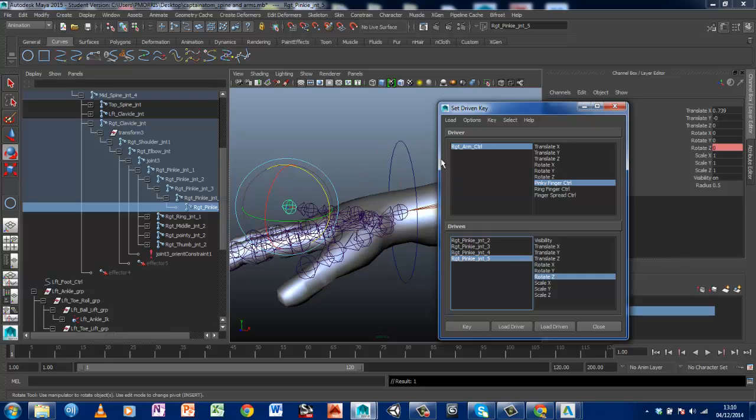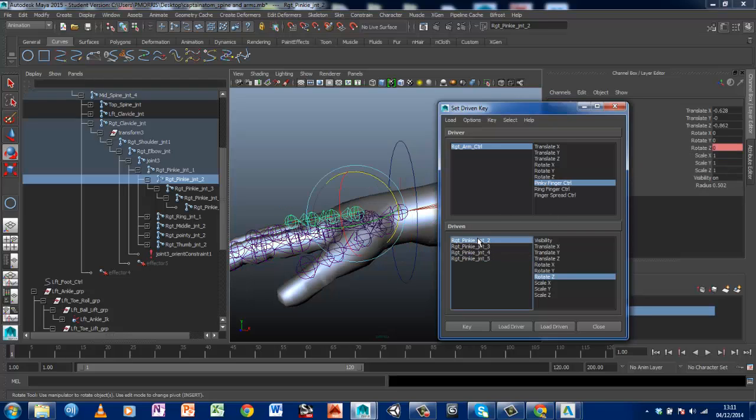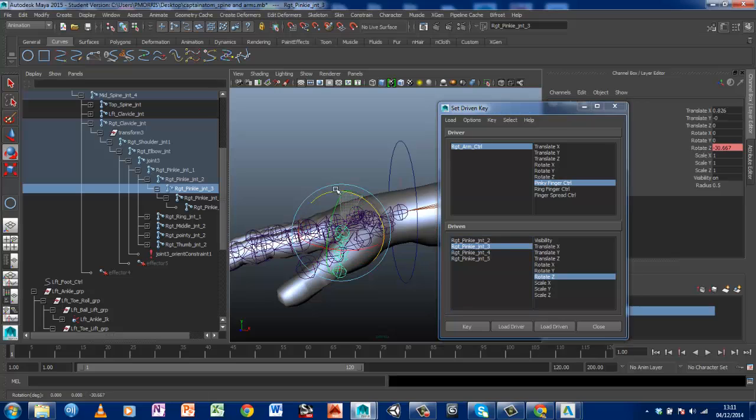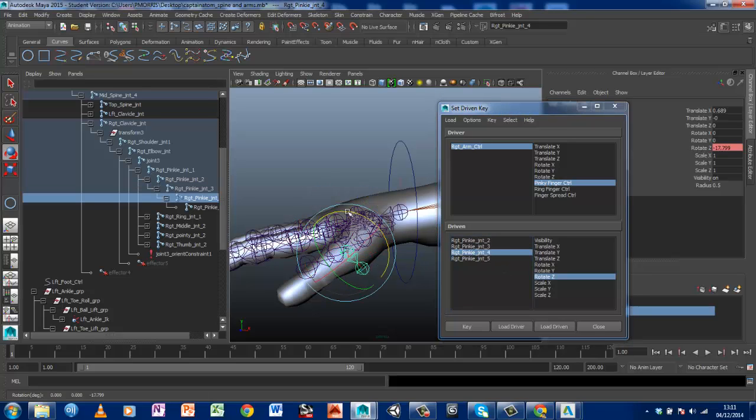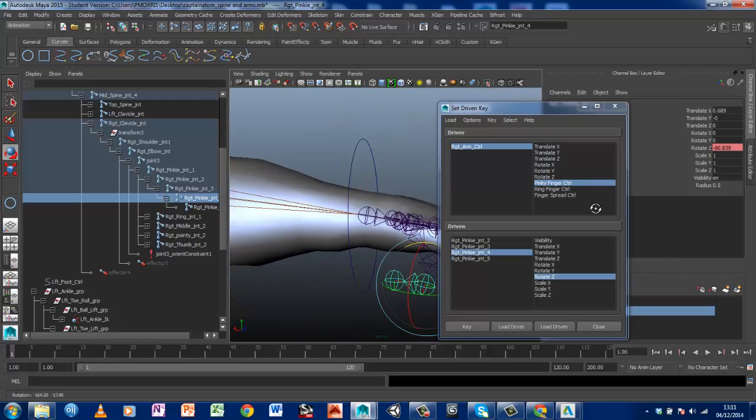I want to key them for clench now. So go back to the control, put it at 10, so it's fully clenched. Then grab that one, rotate that round. Grab that one, rotate that round. Grab that one, rotate that round. So now I've got it so the fist is kind of